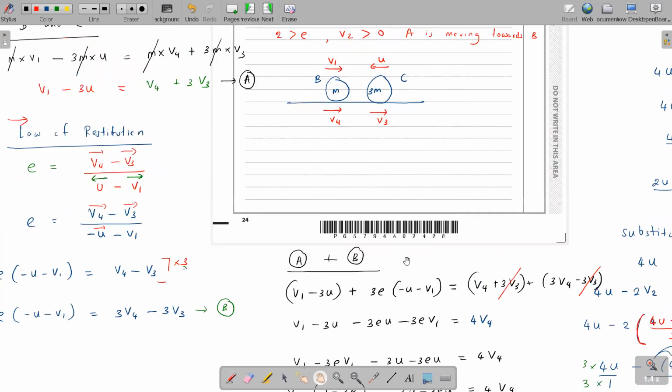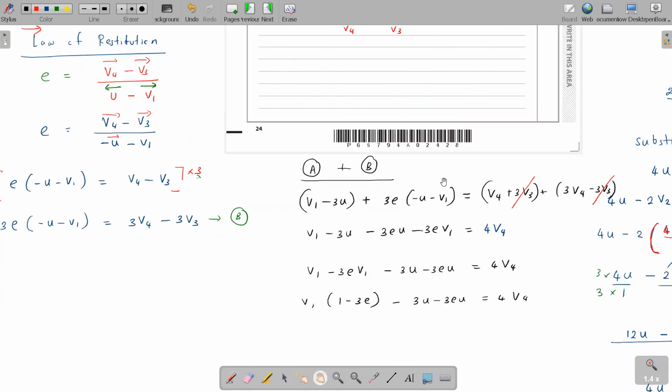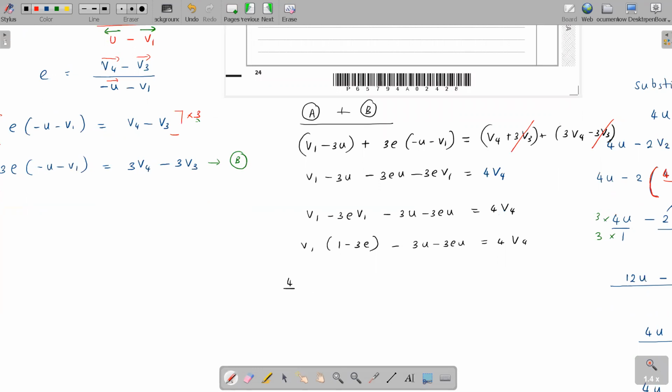Okay, so let's put the V1 value. V1 value is 4 over 3U 1 plus E. This is 1 minus 3E. I think over here it's better to factorize these two guys. I can take a negative 3U out, which gives me 1 plus E. So it's easier to factorize actually. Can you see what I did here? I took the negative 3U out, so I get 1 plus E. This is a plus because I take minus 3U out. So there are two terms here. This is the first term. This is the second term.